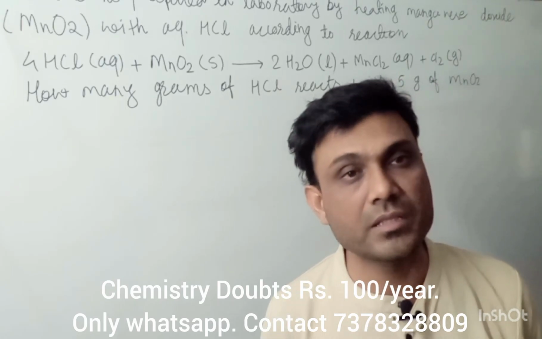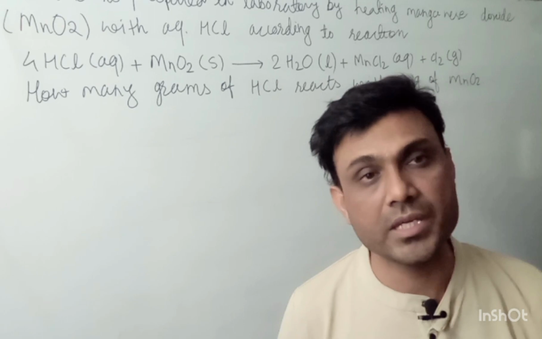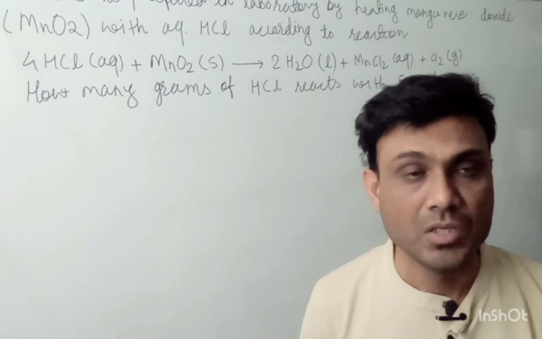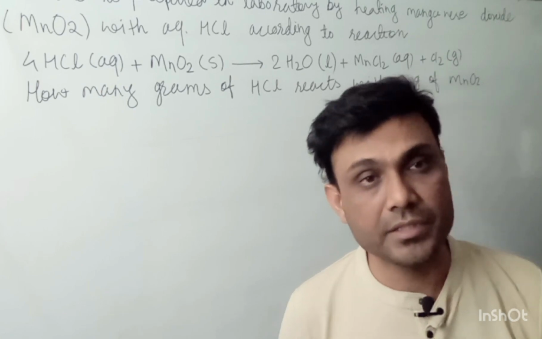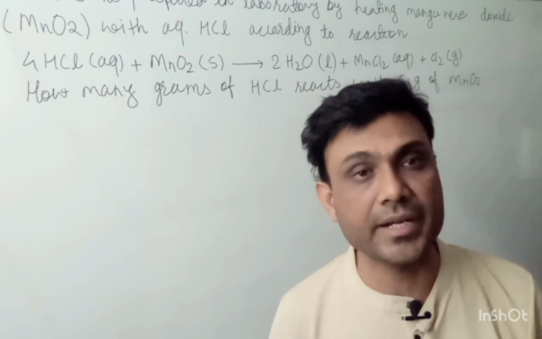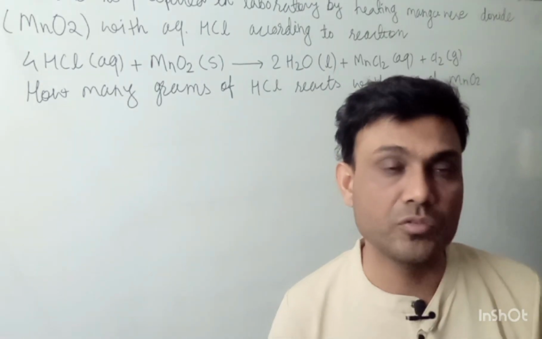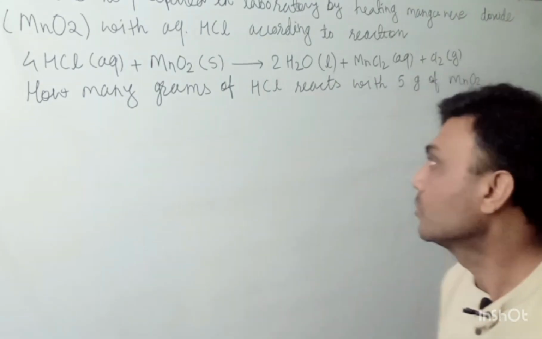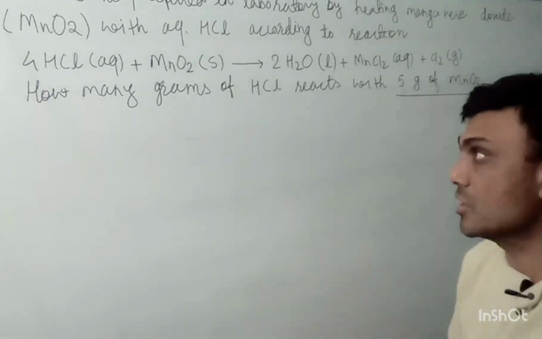दोस्तों, वेलकम टू माय चैनल फुल्ली एक्सप्लेन एमसीक्यू। आज के क्वेश्चन में हम देखेंगे कि जो HCl का अमाउंट है वो कितना लगेगा अगर हम उसे MnO2, दैट इज मैंगनीज ऑक्साइड के साथ रिएक्ट करते हैं, तो हाउ मच अमाउंट ऑफ HCl विल बी रिक्वायर्ड टू रिएक्ट विथ MnO2। The MnO2 given is 0.5 gram of MnO2 is given,